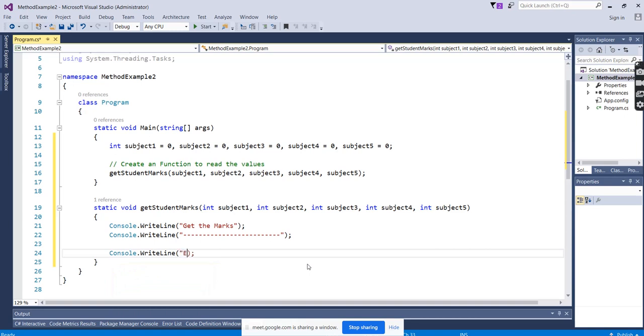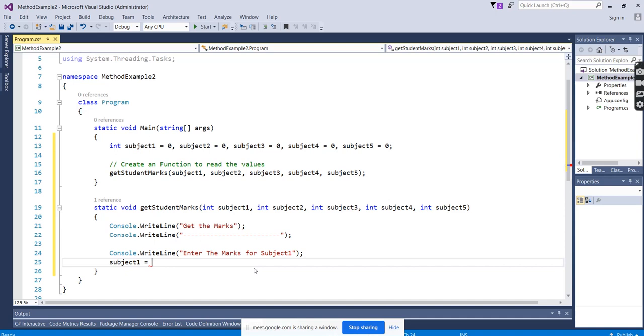What we want: Enter the marks, subject. Okay, first I want the subject. How are we going to read? These are all integers, right? Because all the subject marks are integers. So we cannot directly use Console.ReadLine, because Console.ReadLine by default accepts only string values.